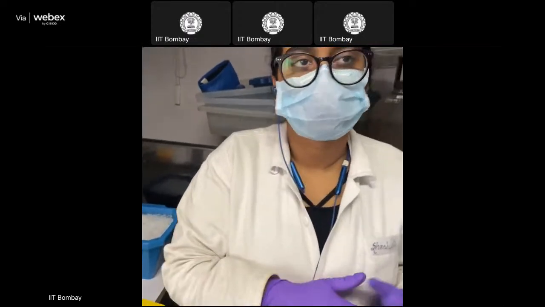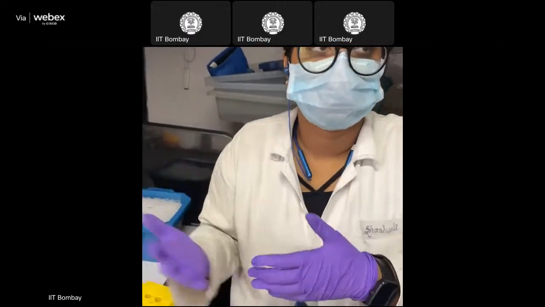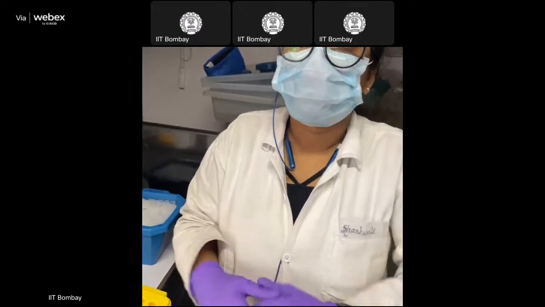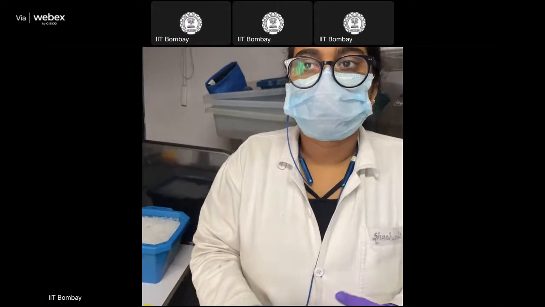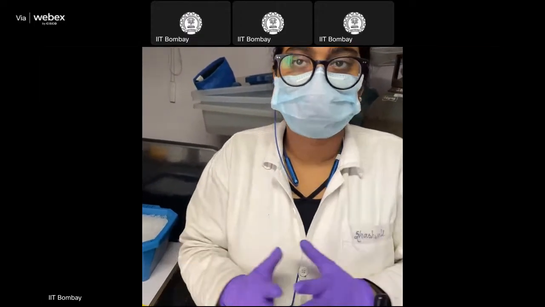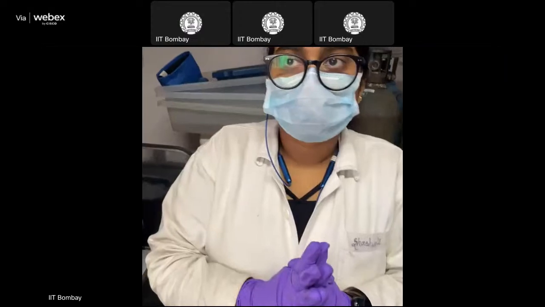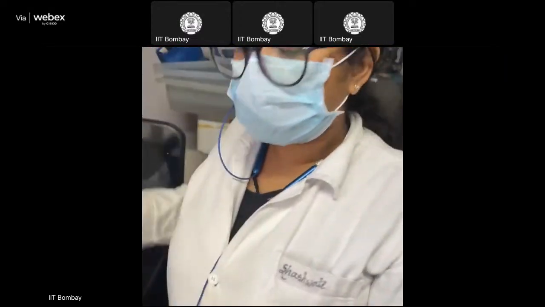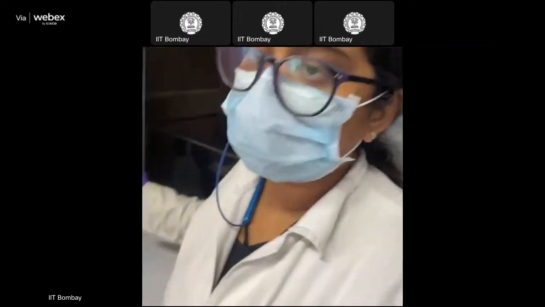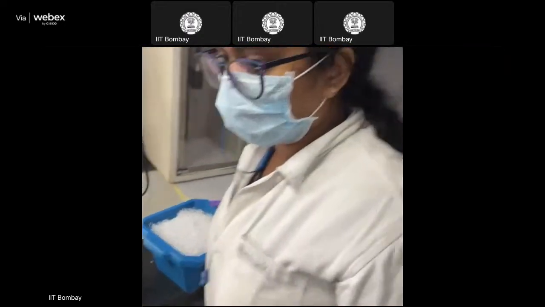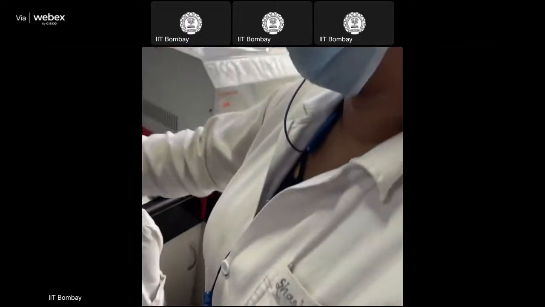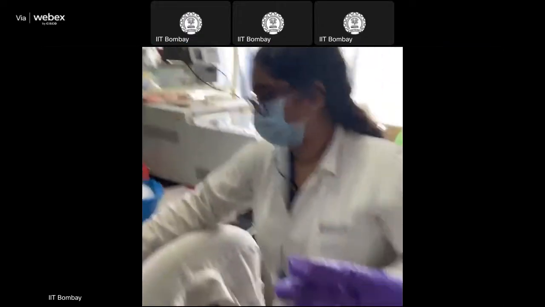So you can store your protein at -80 for a longer time if you want to use it for further experiments, or you can carry on with your experiment. It's required that your protein be kept at -80, otherwise the protein can be degraded. This whole process you have to do quickly, because otherwise the protein will cause problems. So thank you. Then we can show you in the Bradford how we can